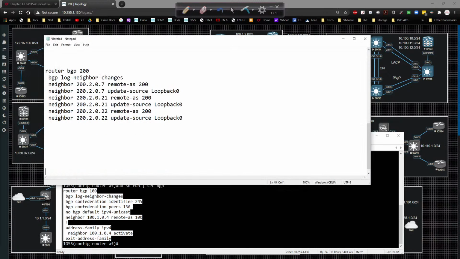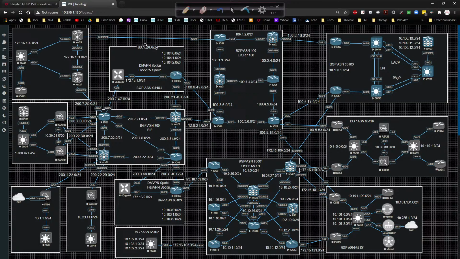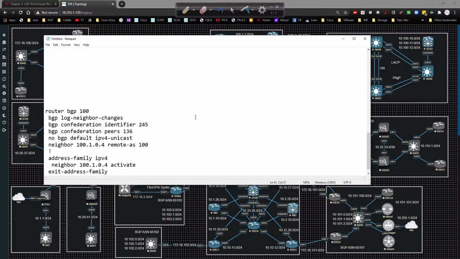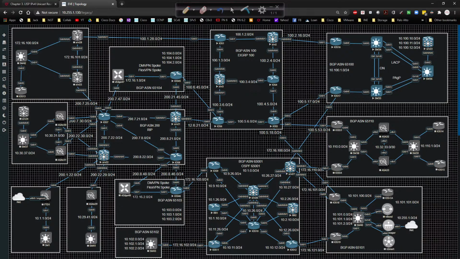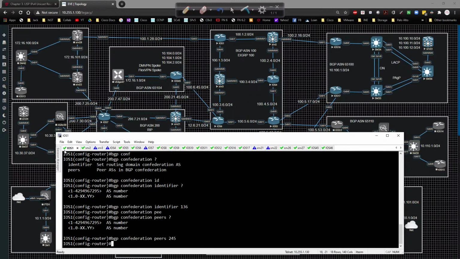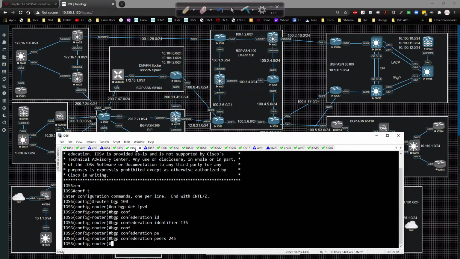We'll be able to say the neighbor that we're going to be peering to is going to be 3, so I'll change this over to be 3 and 3 here. And I'll be able to copy and paste this into 1 and 6 respectively. So let me go to router 1 and paste this in, and go to router 6 and paste this in,